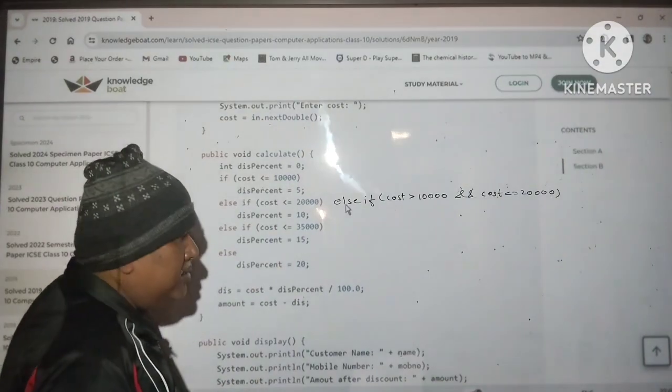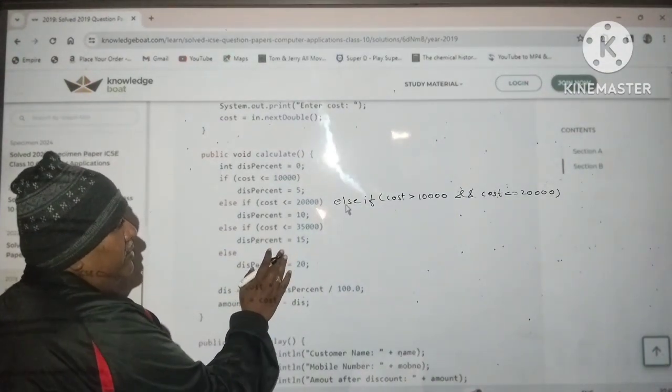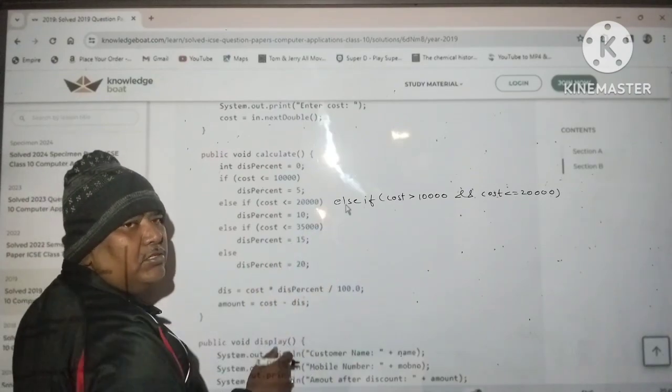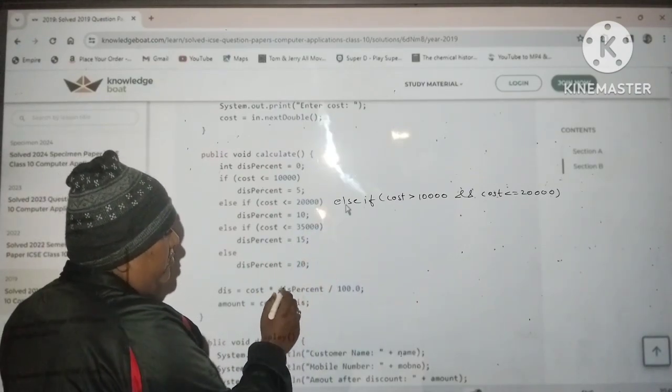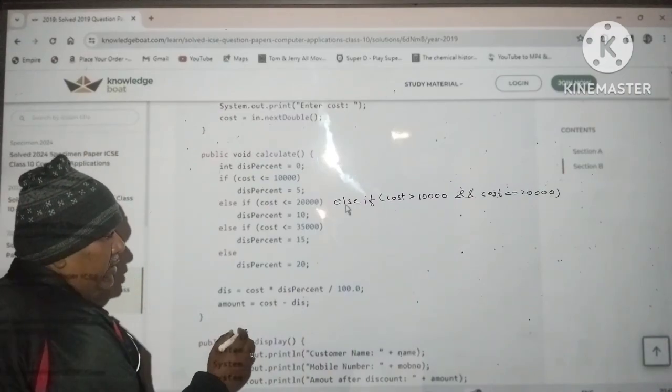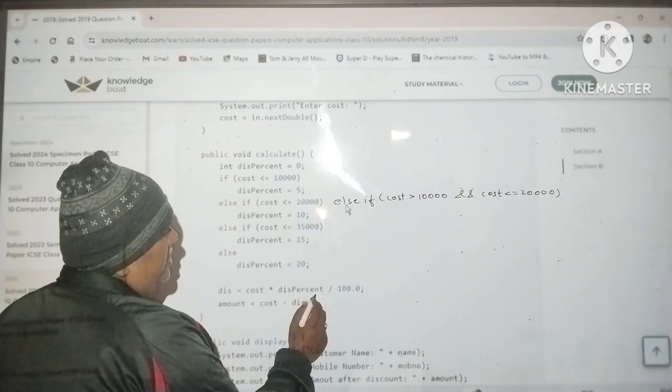Like this you write the condition. Then discount percent 10. Then here also cost more than 20,000 and less than or equal to 35,000. Then discount 15, and for the last one only else is enough, discount 20. Then cost into discount percent by